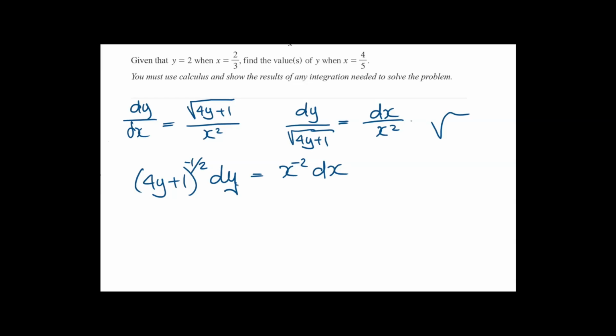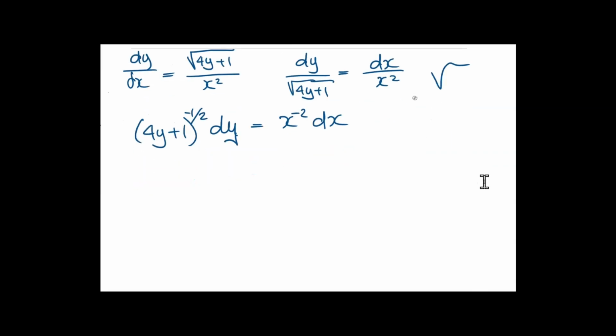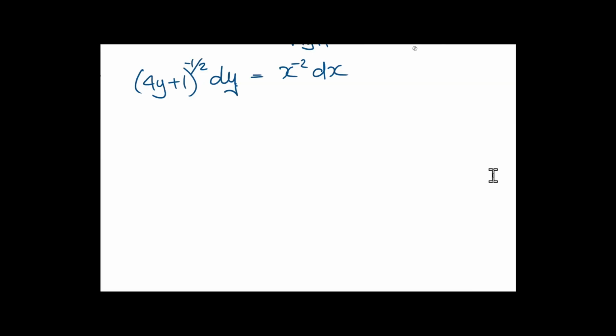this looks prime for integration at this stage, isn't it? We've got all the y's and dy with x and dx, so let's do our magical integration. I'm going to do the left-hand side up to the right-hand side here. All right, here on the right-hand side. So integrate x to the negative 2 dx